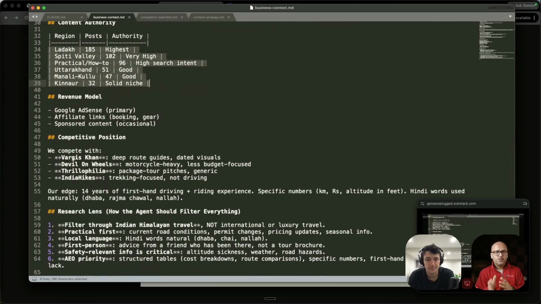Again, if you do not have these files, you can basically just dump this template, which we can share, and just ask Claude to interview you, right? And it is going to fill this data for you. And that's easy. So I'll share the template. You can create these context profiles based on your own content or your own profile or your own business, right?